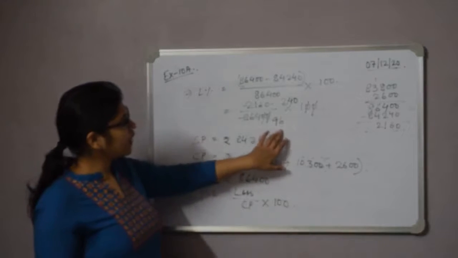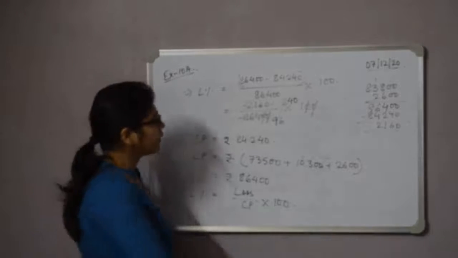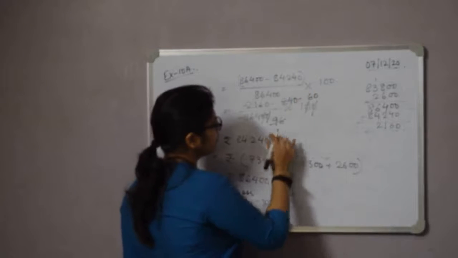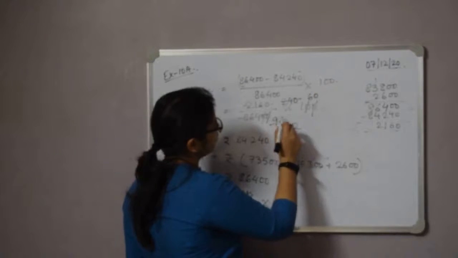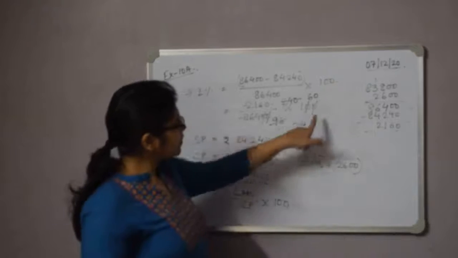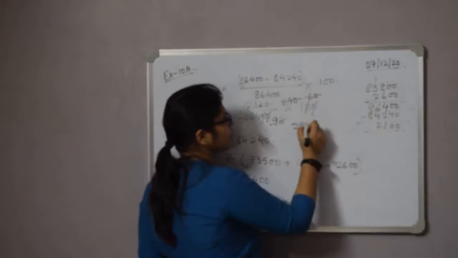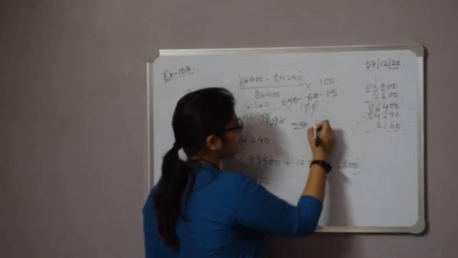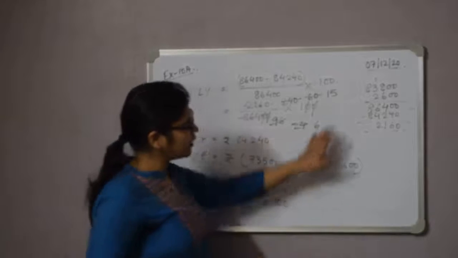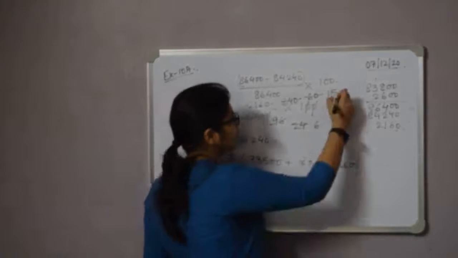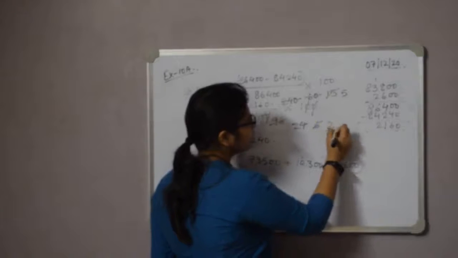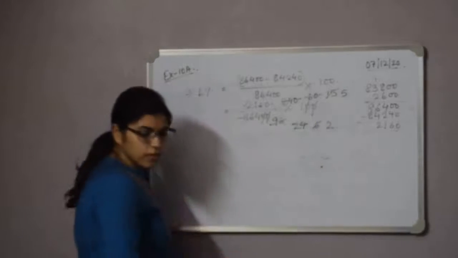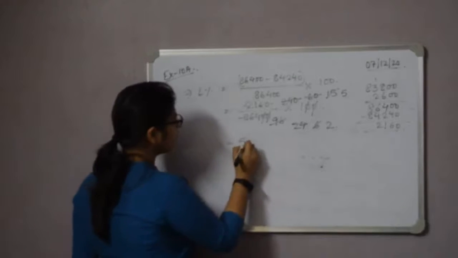So this time we are having 96 and 240. So we can cancel both of them with 4. So 4 6 24, 4 0 0, 4 2 8, 4 4 16. Again 60 and 24, so we can again cancel with 4. 4 1 4, 4 5 20, and 4 6 24. This time we can cancel 15 and 6 with 3. So 3 5 15, 3 2 6. So we are getting 5 by 2. So that means 5 by 2.